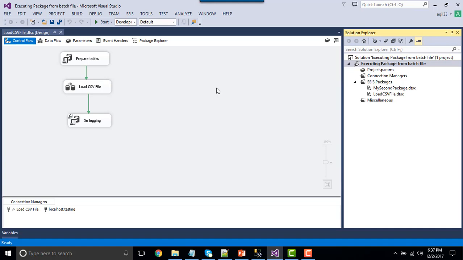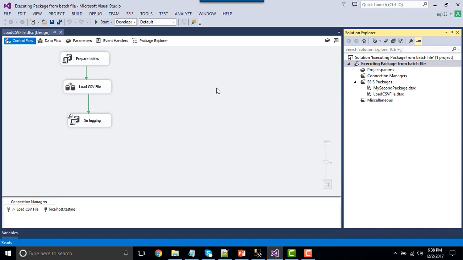However, before doing that, in my last video, I deployed my SSIS project to the SSIS catalog on the same server. However, in real life scenarios, you might need to deploy your SSIS projects to a different machine or a different server. In that case, a file with the .ispac extension is used to deploy your SSIS project to the different server.